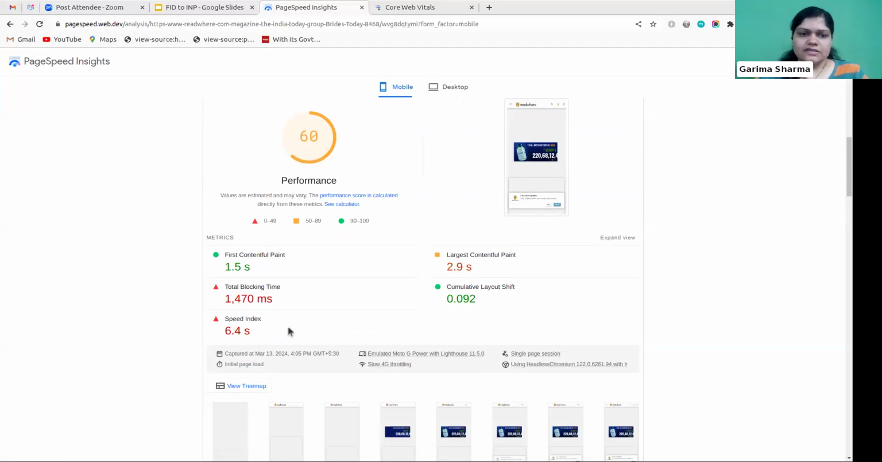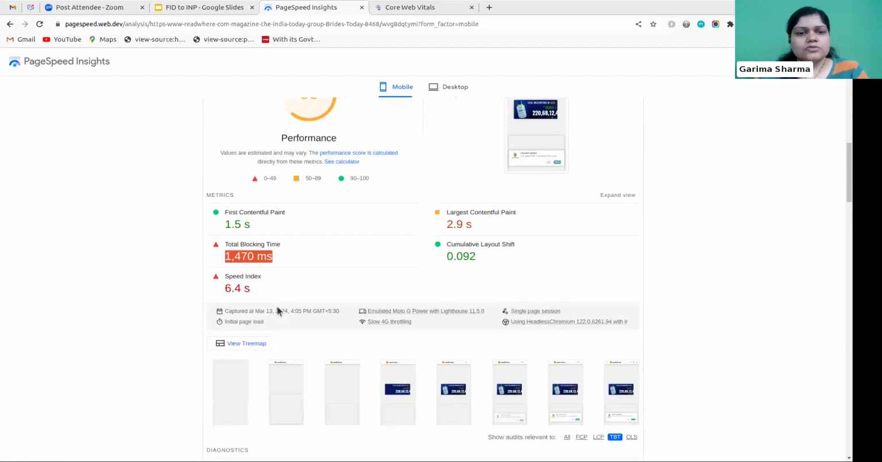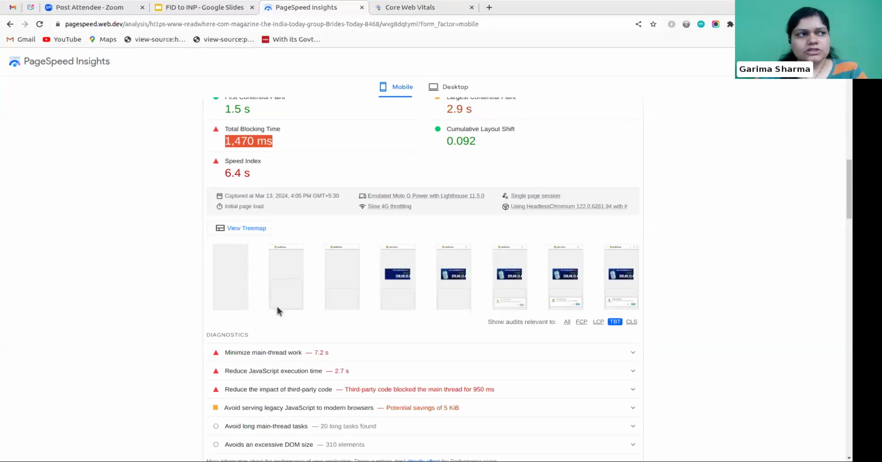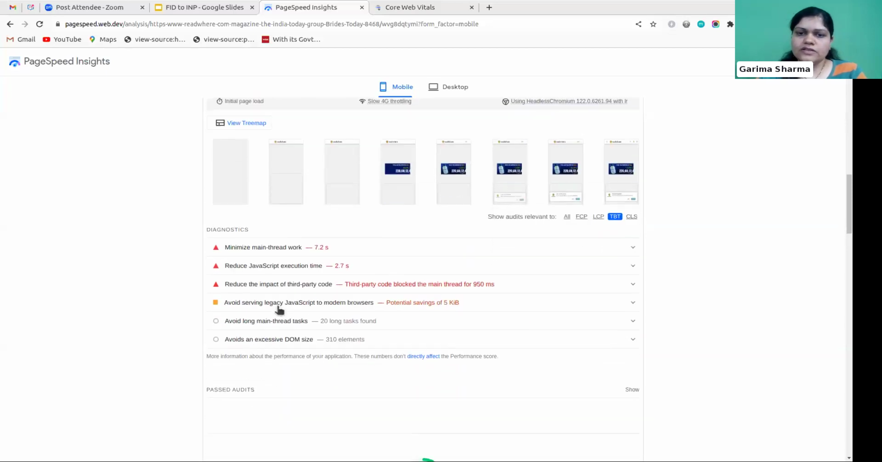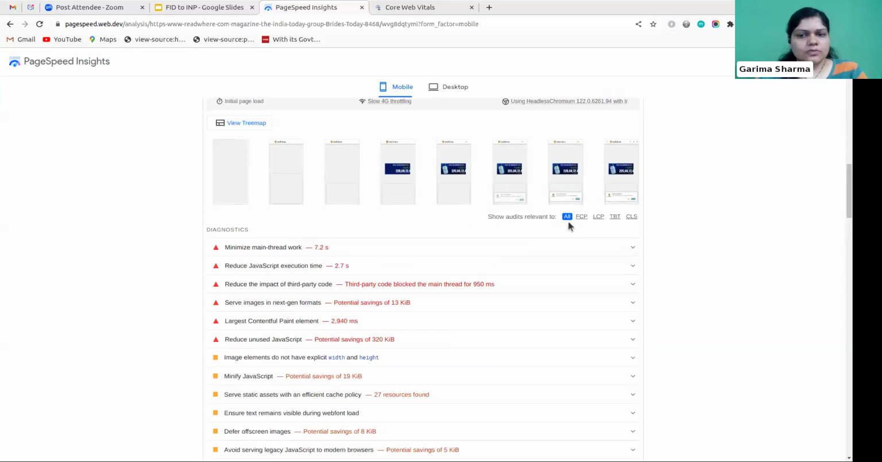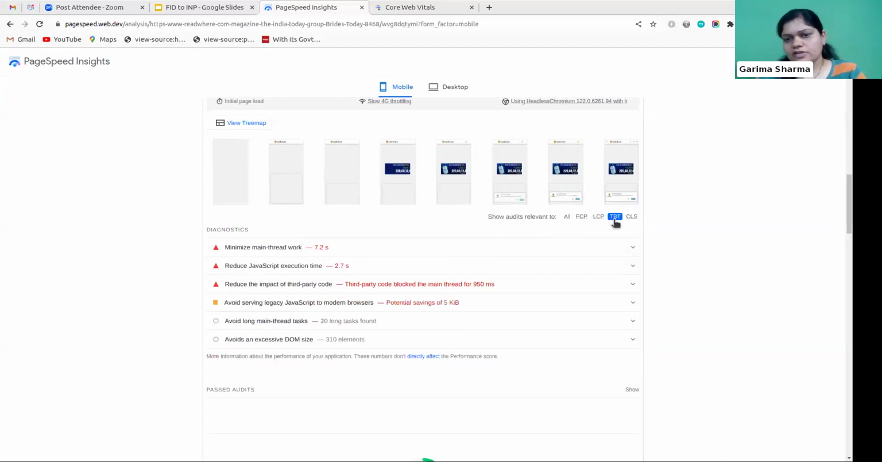Like we can see the total blocking time is 1.4 seconds. So you can further move down to identify the opportunities which we have to improve our site performance. In this area, you get all the opportunities which you can use to improve your site's performance, and to filter for specific metrics, you can just click on the metric's name and you get to see all the opportunities related to